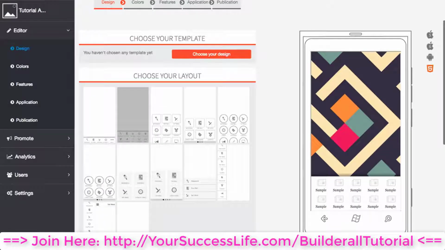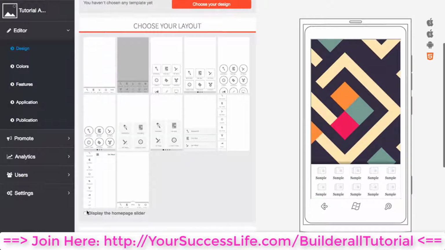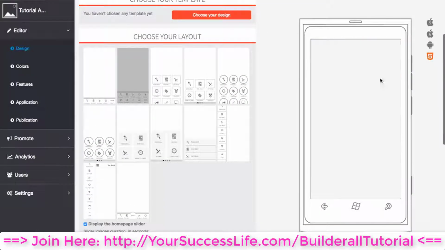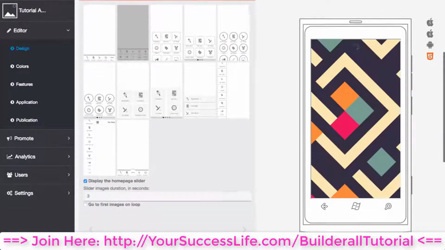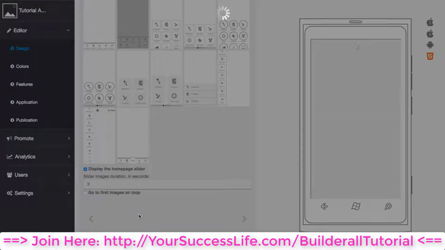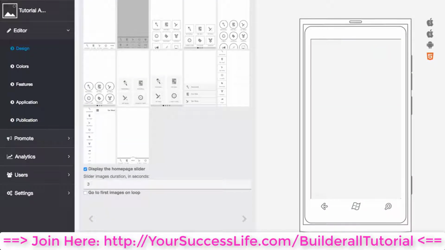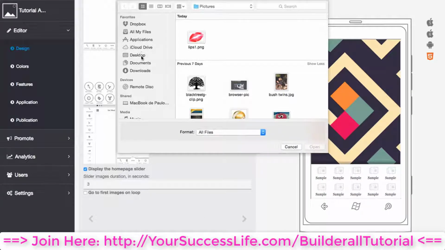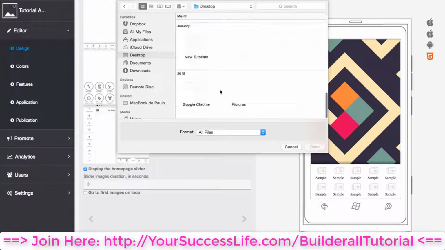Now, what you can also do is display a home page slider. So if I select here on this little box, we can have an image slideshow come up top here across our screen. What I mean by that is, we can choose how many screens, and we can have them go in a loop if we want. And to see what it's going to look like, I'll add pictures. As I select this red button here, it's going to go into my pictures for a second,